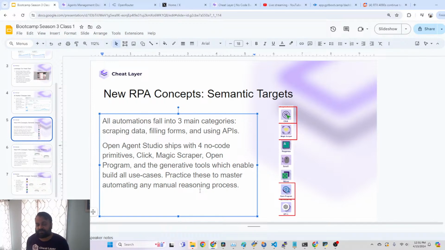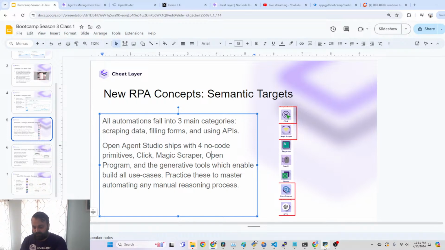So in this course, in the interest of everyone's time, because some people have already installed it, I'm just going to assume that you've installed OpenAgent Studio. This is also recorded, so after you install it, you can come back and practice this at home, because most of this is very simple concepts. You can understand how to use these tools because you understand language already. You just have to understand a new way to do it.